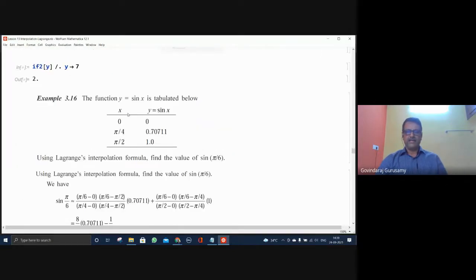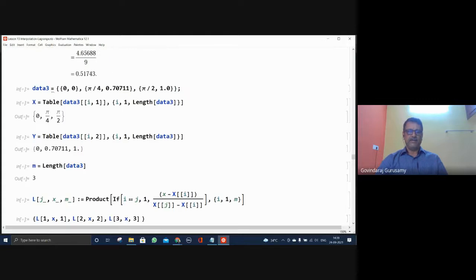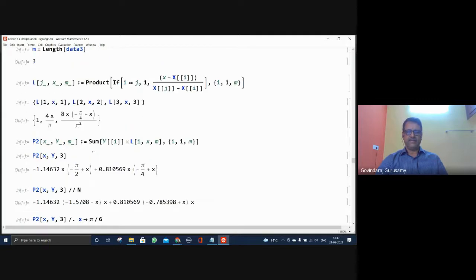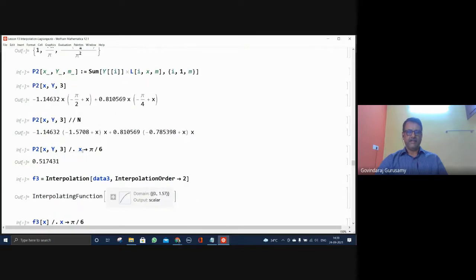This is again y equal to sin x. The numbers 0, 0, pi by 4, pi by 2 are given. Now data 3, x and y, is not an inverse function, it can be taken as it is. Then find P2 here, because 3 data points are there. Substitute them, and then for x equal to pi by 6, you see this is the number that you are getting: 0.517431.